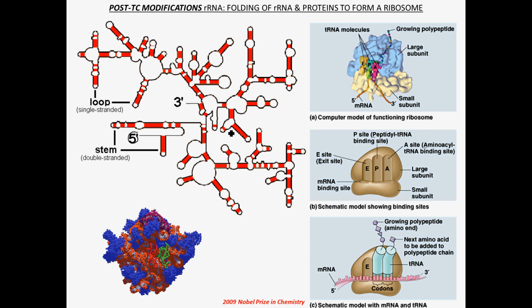So you get the rRNA, the ribosomal RNA, combining with some other proteins, and you then form what is known as a ribosome. So this is a computer model of it down here. So the green here and the red here are parts of the rRNA, and then all of this blue and orangey components, these are other proteins that are associated with that. So when you look at these ribosomes, though, there are typically a larger subunit and then a smaller subunit. And eukaryotic ribosomes are a little bit different than prokaryotic ribosomes, so their subunits are slightly different sizes. But suffice it to say that when you get these small and large subunits coming together to form a ribosome,